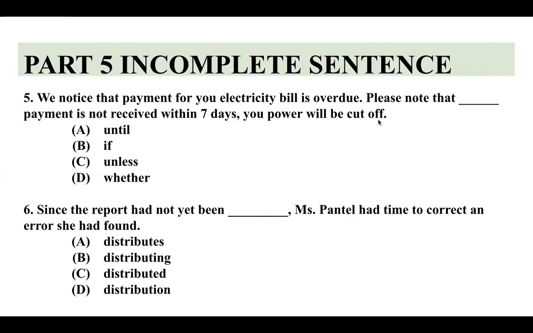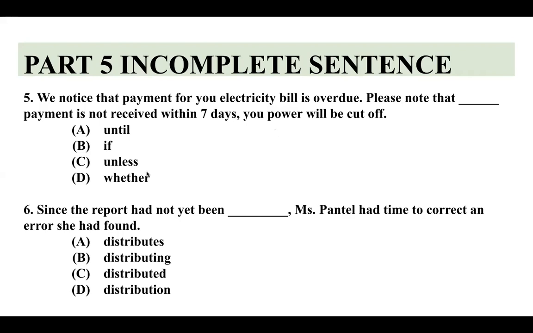สิ่งที่เกิดขึ้นคือ power cut off ถ้าไม่ได้ภายใน 7 วัน นี่คือ condition ถูกไหม until ได้ไหมครับ condition ขนาดนี้ if ถ้า if this happens and then this happen unless, if not กับ not ตีกัน ลบกับลบเป็นบวกเหมือนเราเรียนคณิตศาสตร์ unless ได้ไหม unless ถ้าไม่ is not ไม่ได้ cross whether ต้องหาให้เจอก่อน ตรงนี้ไม่มี cross ตอบข้อไหนดี B that's it everyone type B for me please B เลยนะครับ ไปที่ 6 ครับ